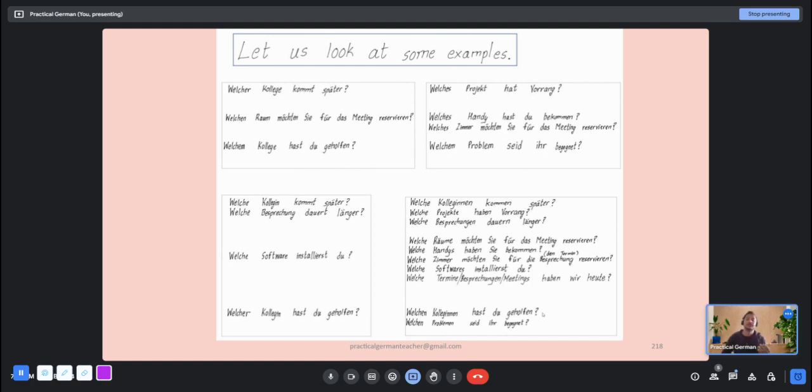Let's say you're working in a team and someone in the team is not able to finish the task, and of course, normally good bosses will not say, why did you not do the job? They will say, okay, what problems did you face? Right? There is always a benefit of the doubt. So if someone is not able to do the task, I will ask the question, which problems did you face? Like, can we help you to finish the task? Begegnet means to face, to come to face, to encounter, right?